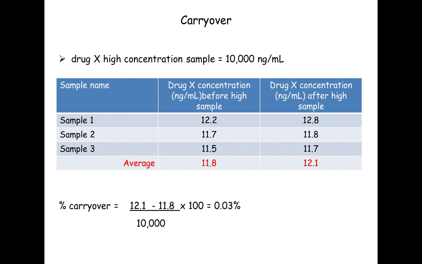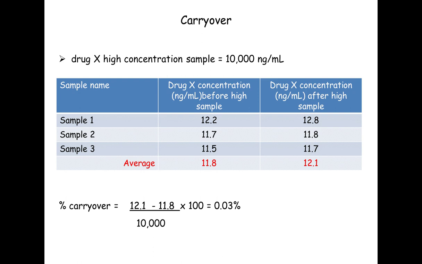And this is an example of the experiment for drug X. So we have our 3 low concentration samples, and when we injected them before the high concentration sample, we got concentrations of 12.2, 11.7, and 11.5, so the average was 11.8. We then injected the high concentration sample, which was 10,000 nanograms per mil, and then we ran 3 low concentration samples after the high concentration sample. And so these concentrations of the low samples came out as 12.8, 11.8, and 11.7 for an average of 12.1